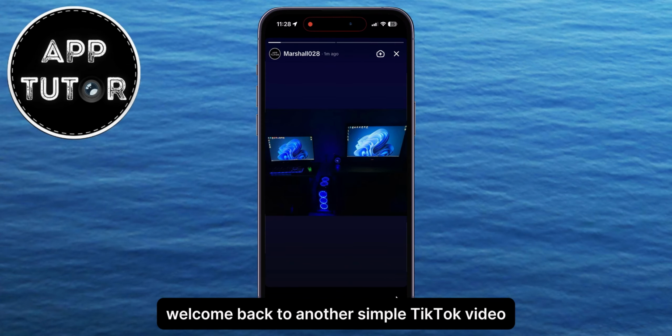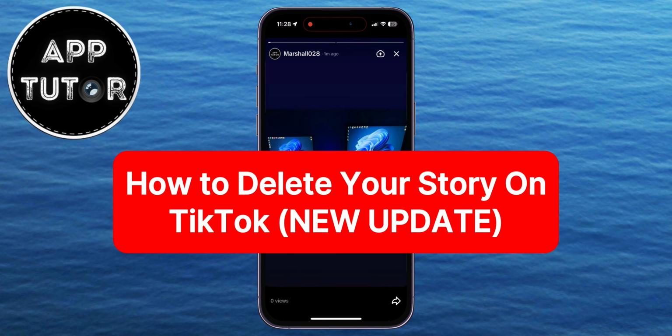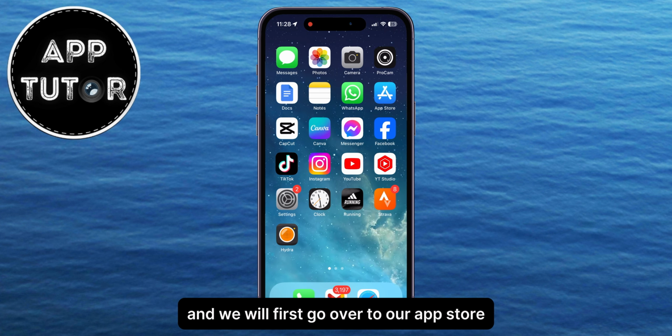Welcome back to another simple TikTok video where we'll show you how you can delete your TikTok stories in the newest update. So this works on both iPhone and Android devices, and we will first go over to our App